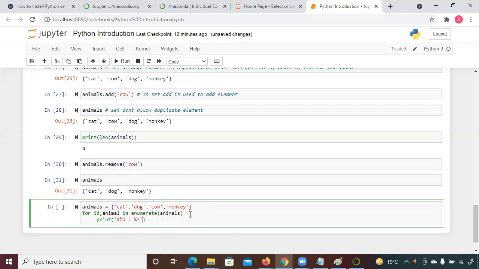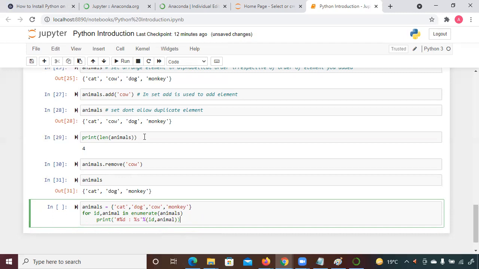And which value do you want to assign to this, that you have to pass here, that will be id and animal. Yes, id and animals. Okay, animals, sorry.